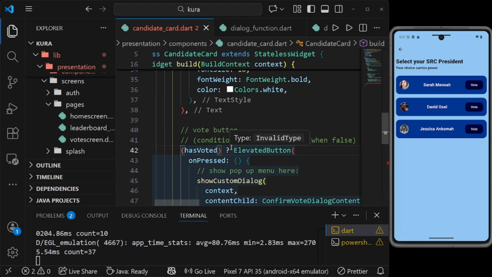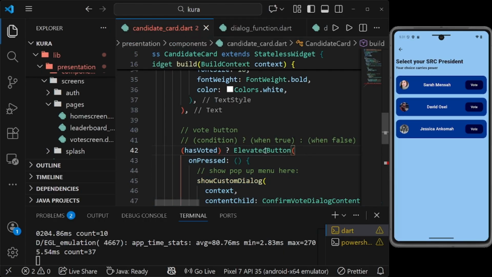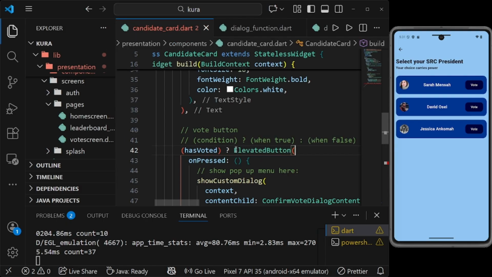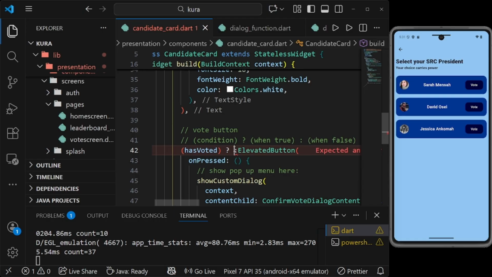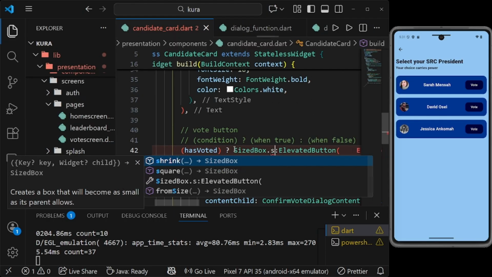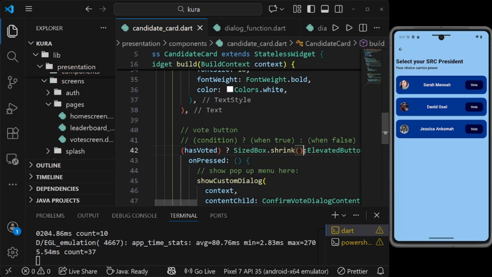What will happen is that the first thing after the question mark, what are we putting there? What we are going to put is, if the person has voted, what we are going to put there first, before the semicolon. Let me put this thing here, right? We are going to use SizedBox.shrink. Remember, so we are saying